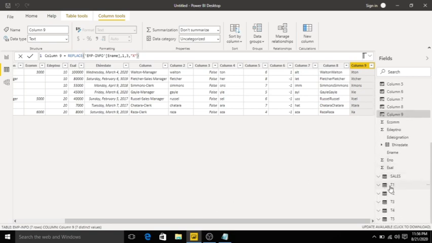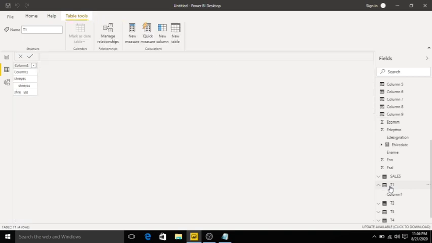I will go to table 1. We have another function called length. Length returns the number of characters in a text string. I will create a new column. Click new column.